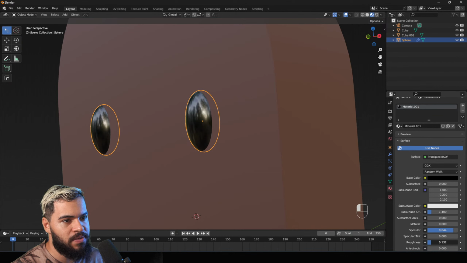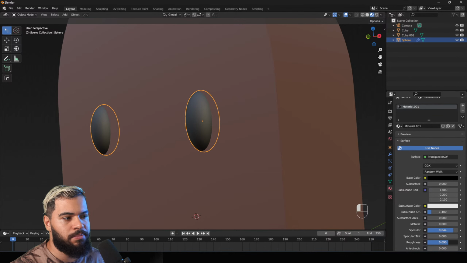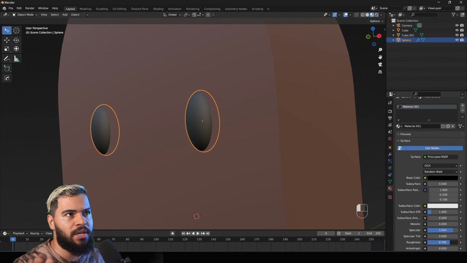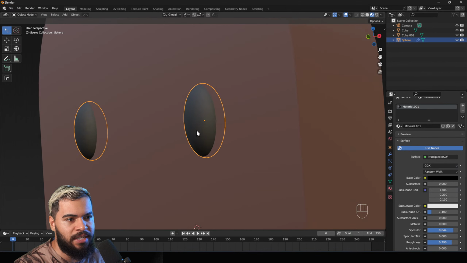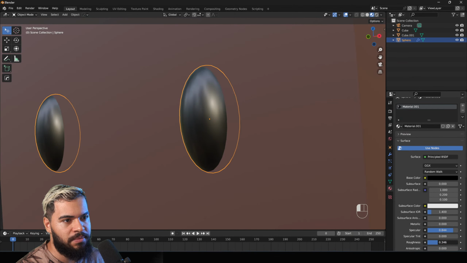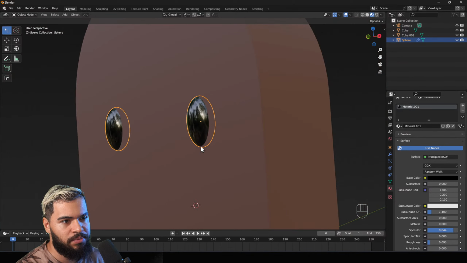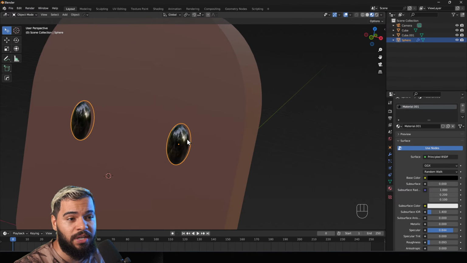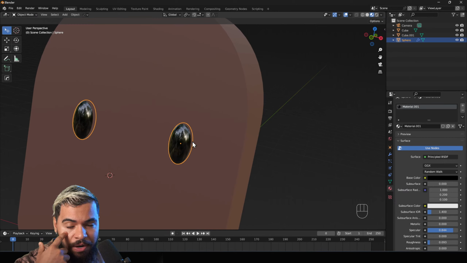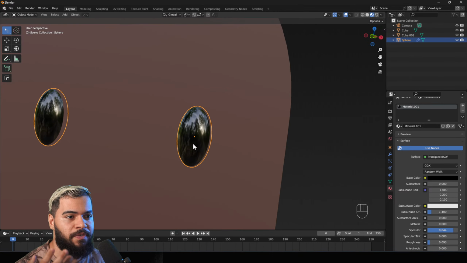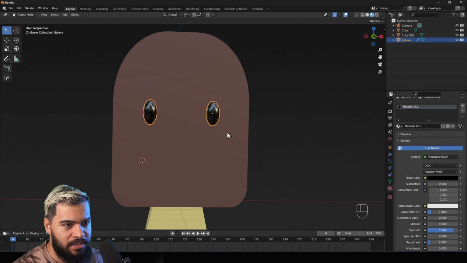Roughness means, imagine this getting more like rubber. You know, rubber doesn't get a lot of light, as you can see. So the roughness is something like this, and then you have something like this, where it reflects a lot. Can you see that now? It's looking really like eyes. The eyes are kind of watery, they reflect lights and things like this.